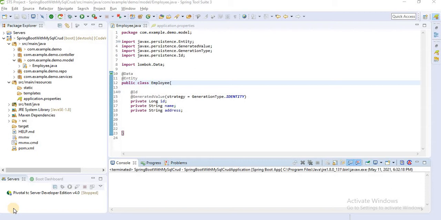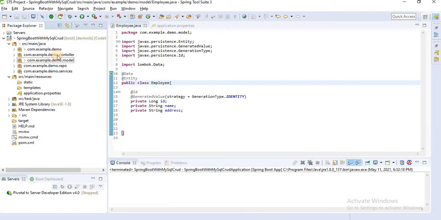In the last video, we saw how to create a Spring Boot application with MySQL and perform the CRUD operation. Also, we created the REST API and tested those REST APIs using Postman. If you haven't watched that video, then first watch that video because this video is a continuation of that video. So I'll continue that project. Already we saw all these things in the first video. In the first video we performed the simple CRUD operation.